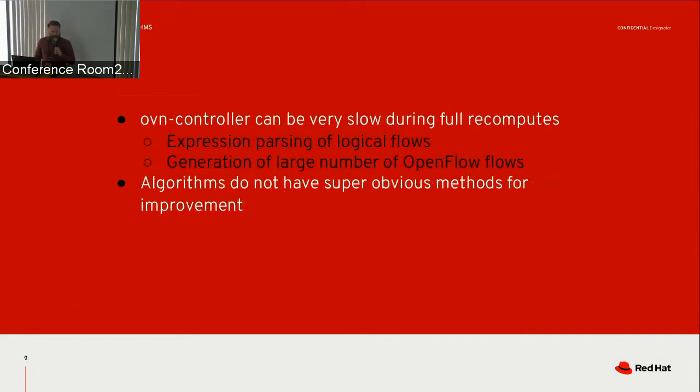OVN controller itself, even when you have it in the best circumstances, we're aware that there are just places where algorithmically it might make sense to make some improvements. So during a full recompute, even if you have conjunctive matches being created, even if it doesn't have to wait on the pinctrl lock, you could still find it taking somewhere between 2 and 4 seconds to run a loop, which in terms of the types of numbers we talk about here at a conference like this, that's years,